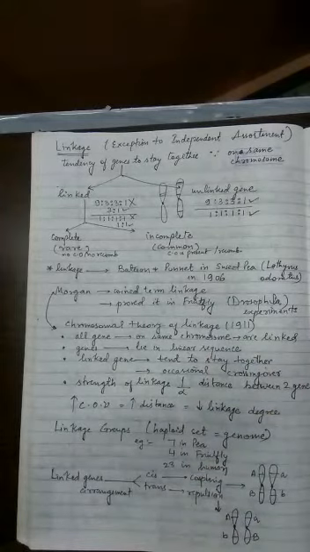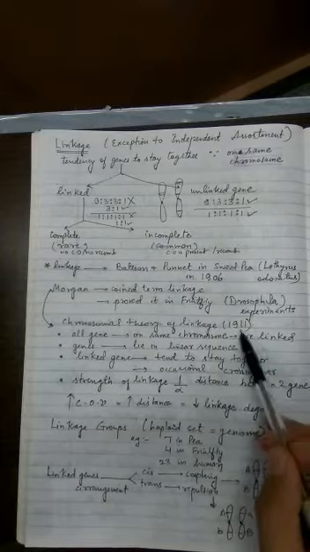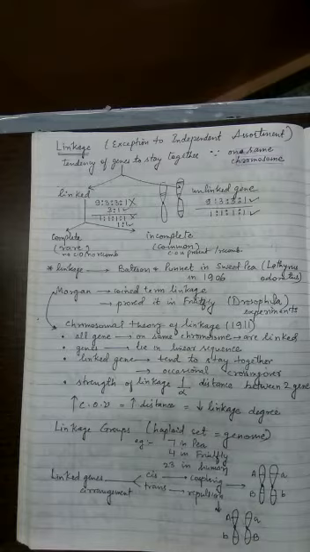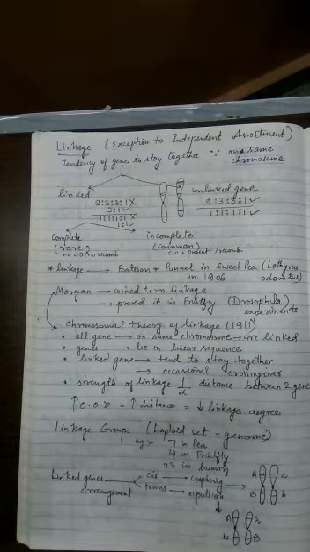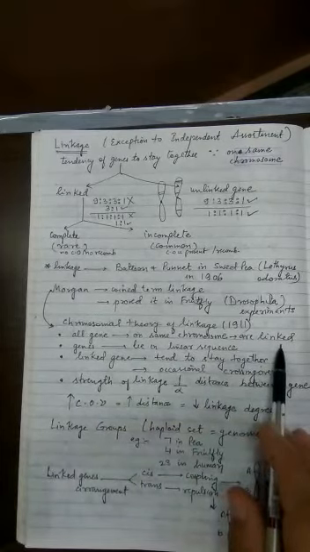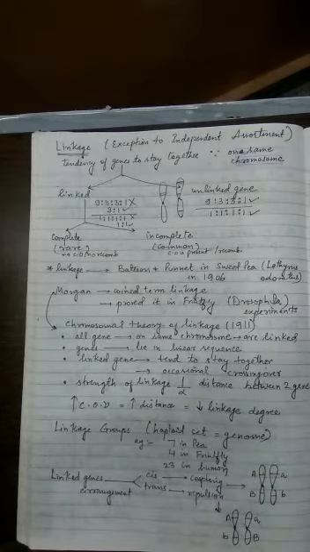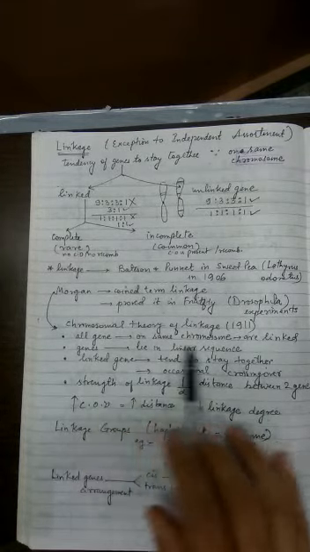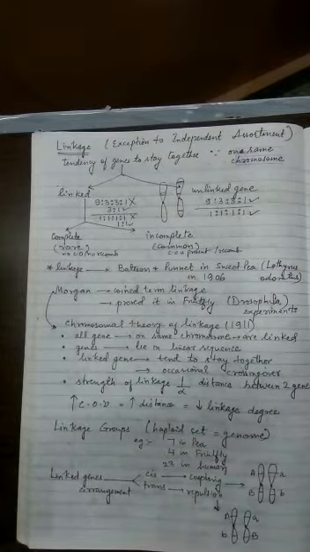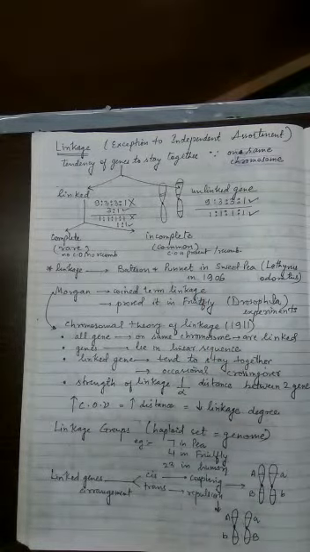He performed the experiment with Drosophila, and in 1911 he came up with the chromosomal theory of linkage. Now what is the chromosomal theory of linkage? First point is, all the genes present on the same chromosome are called linked genes. So if there are 10 genes linked, or 5 genes linked. And then the linked genes present on the same chromosome lie in a linear sequence. So there will be a sequence like we draw like this, and that sequence also is fixed.